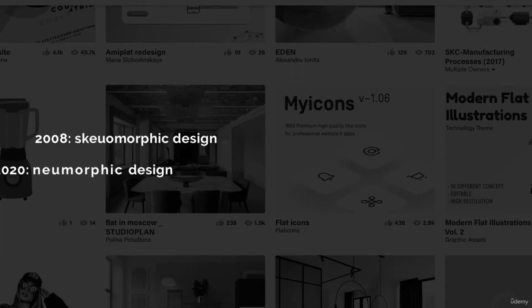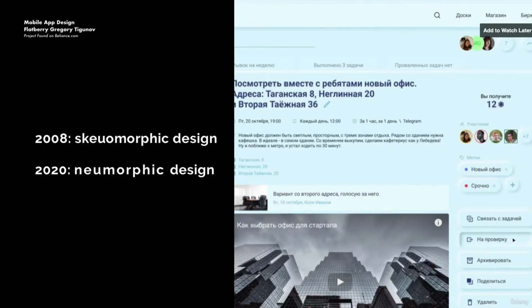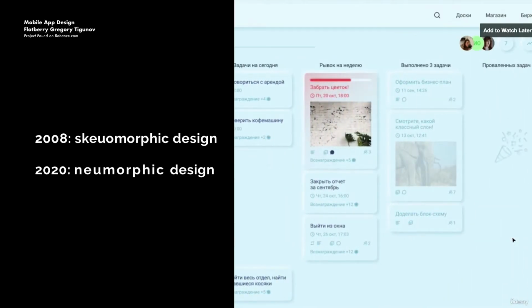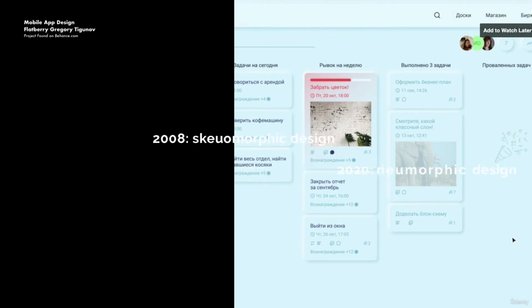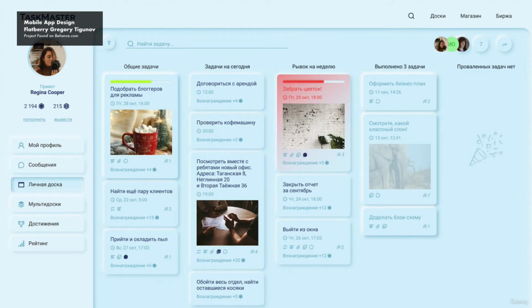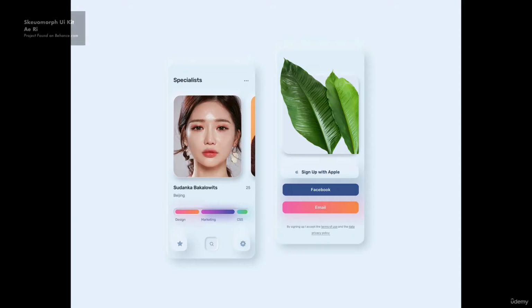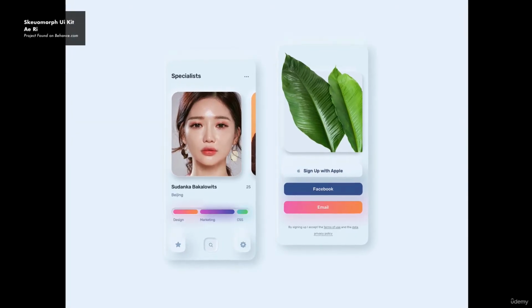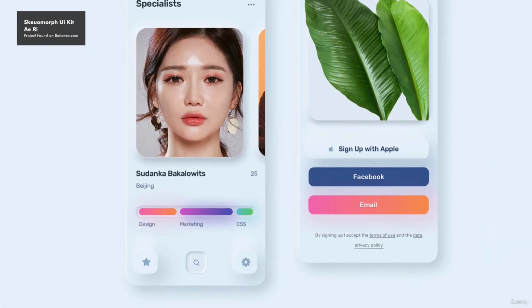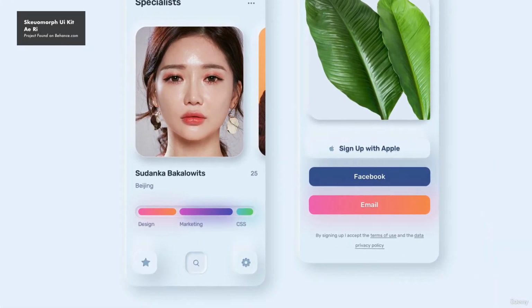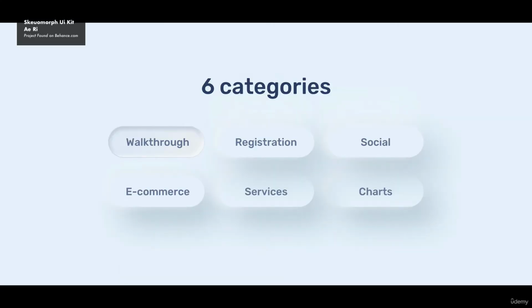Modern skeuomorphism, or neumorphism as some may call it, is not just what it was 10 years ago, but an evolution in how people use this design idea. Gone are the heavy uses of textures and highlights, and now comes the use of lots of subtle shadows and highlights, blurred, to create this incredible layered look. This look feels as though you could touch it and feel the ridges of the glass and aluminum and plastic